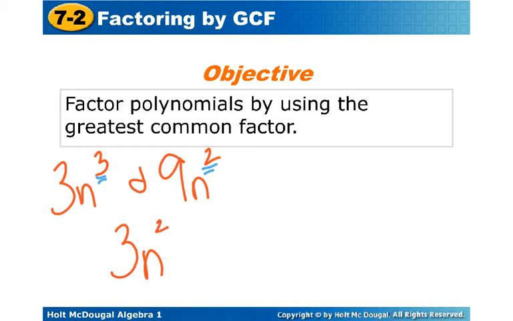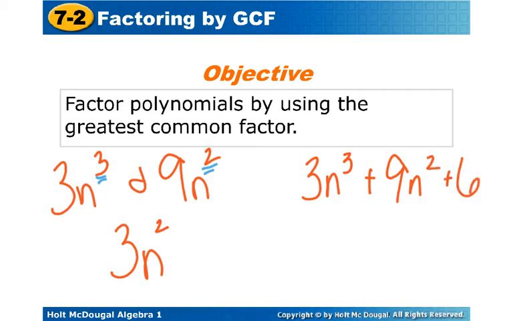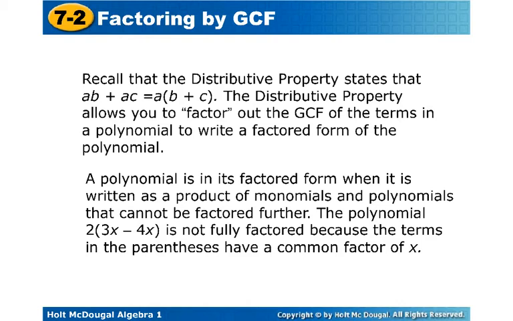So with factoring polynomials using your greatest common factor, you could have something like 3n cubed plus 9n squared plus 6. Okay, so that's what we're going to be working with today in order to factor out a greatest common factor. A few things to recall: the distributive property states, and this is the true definition, that AB plus AC is equal to A times the quantity of B plus C. And your distributive property allows you to factor out the greatest common factor. So when you're given something in this form,